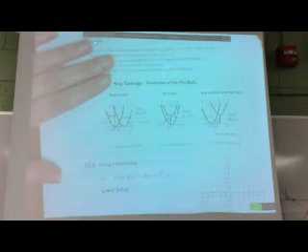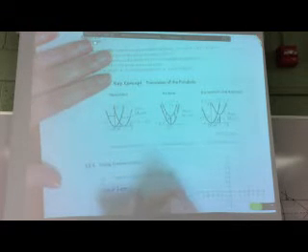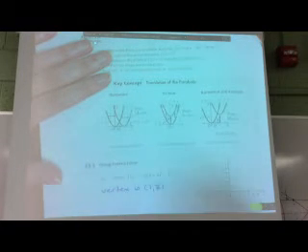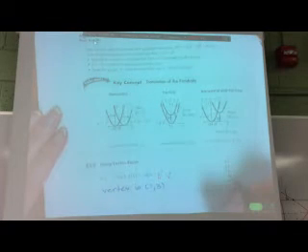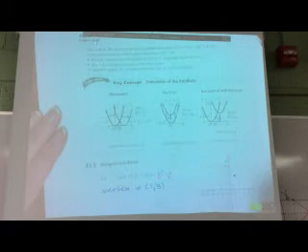1, 3. Yes. Okay, this is H, this is K. Let's draw that vertex. 1, 3. Now,